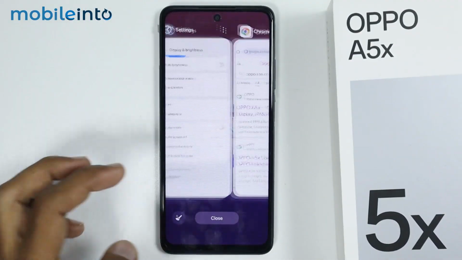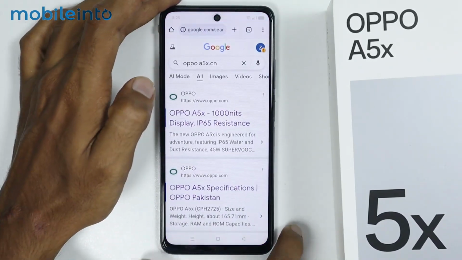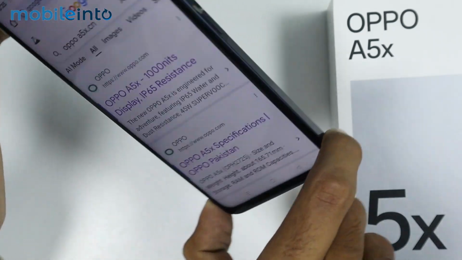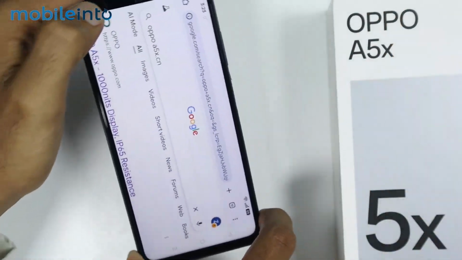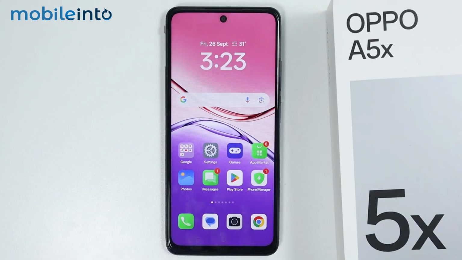And if you want to enable auto rotate, just enable this toggle. And you will enable the auto rotate feature back on. Just like that. Now, if you cannot find this icon in the settings, you can enable and disable auto rotate